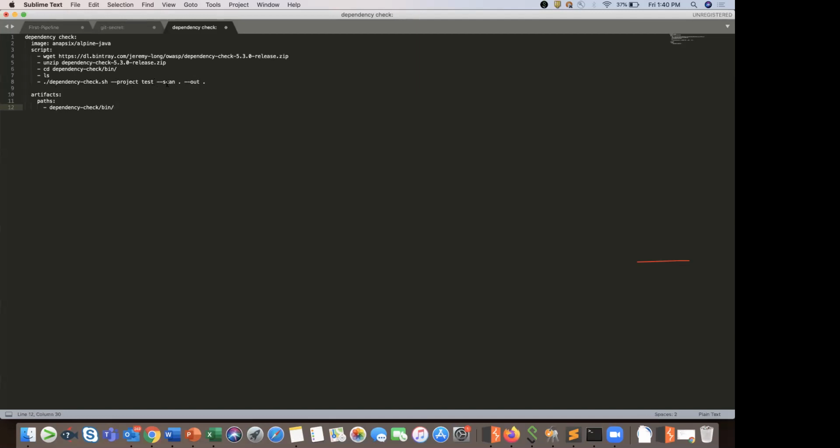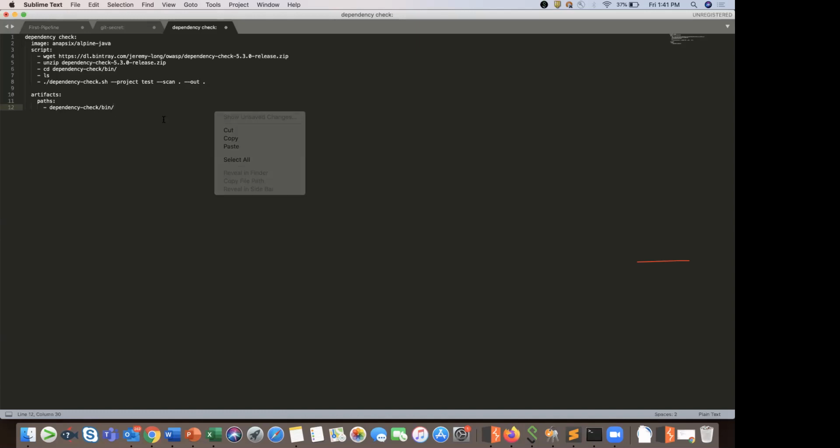Then --scan . --out . So scan dot is nothing but my present location. I'm instructing the runner to scan all the files in the present location. I'm also instructing it to save the output, whatever is generated, in my present location.